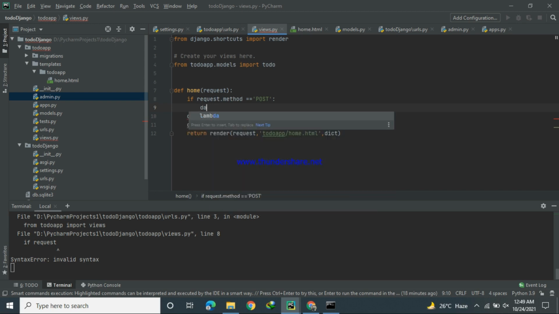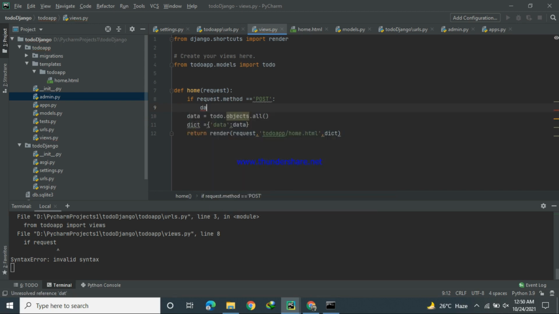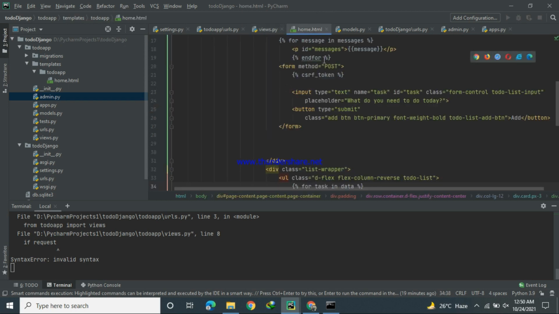I am creating a variable named work. work is equal to request.POST.get. So come to our form, our input name is task.